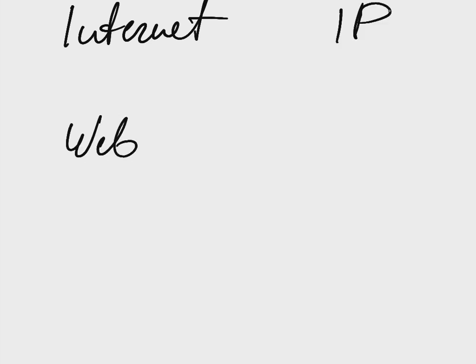So the internet is everything about the Internet Protocol, and the web is everything about the HTTP protocol. And of course, when you use abbreviations, you shouldn't say IP protocol, because the P in IP and the P in HTTP both mean protocol. So if somebody writes